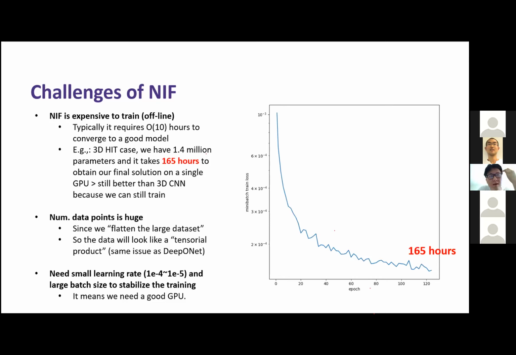Since nowadays everyone thinks offline cost doesn't really count, I guess it's not a big deal, but it's still a pressing issue if you compare this algorithm versus CNN and POD. So don't be surprised if you need a very good GPU to train, maybe 100 hours for your giant data set. But if your data set is really simple, then it converges pretty fast. As you can see here, the number of epochs it takes is usually less than 100.